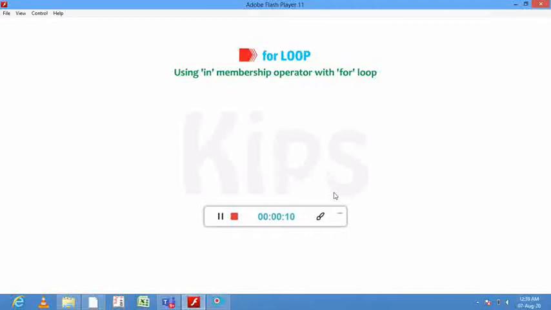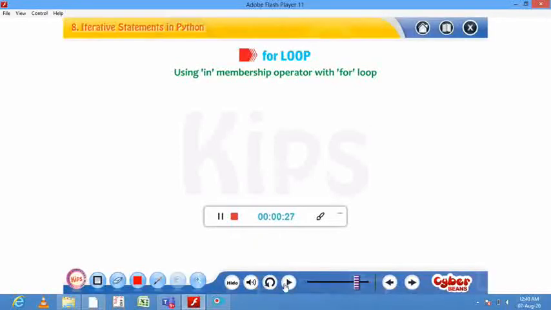So in the previous class we started for loop. So today also we'll continue for loop using in membership operator with for loop. Consider the following example.